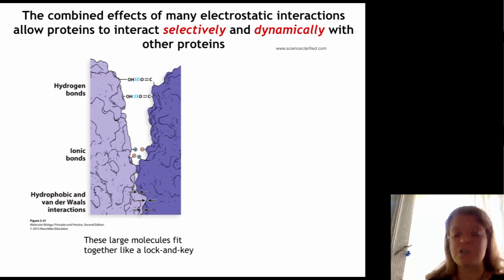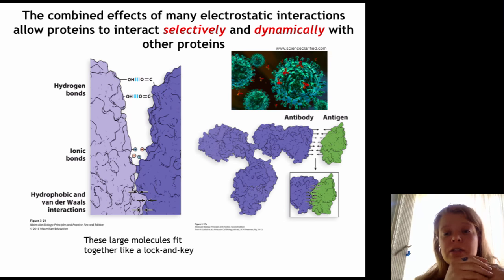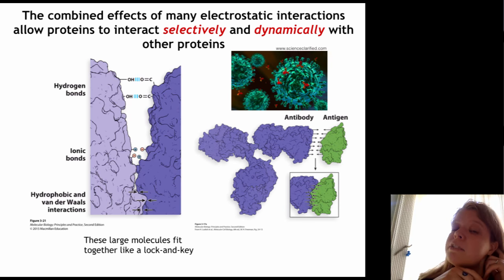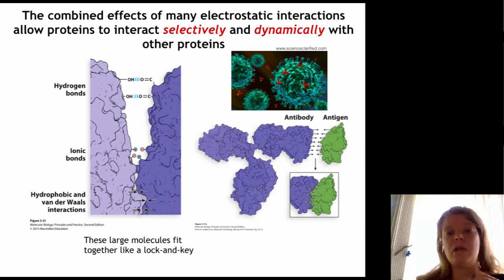And as interactions go, actually, the interaction between an antibody and antigen is one of the more stable ones, because they stay on their target, on the antigen, once they're recognized for a long time. So that property of an antibody to recognize something else, an antigen, is not just used by our immune system to defend us against viruses, but also used in different protein technologies in order to recognize different proteins. You raise an antibody